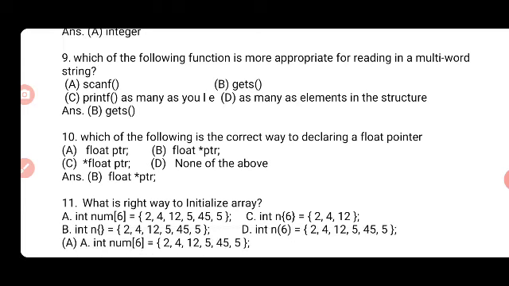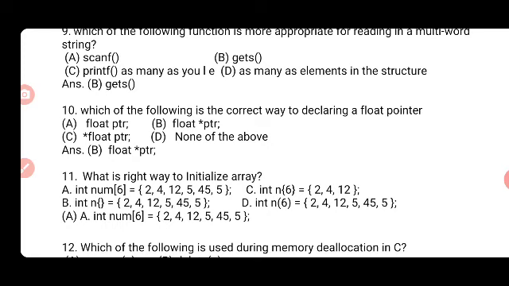Next, 10th question: which of the following is the correct way of declaring a float pointer? So a pointer data type can be derived from a basic data type and the star symbol.